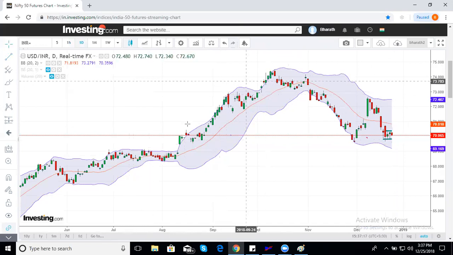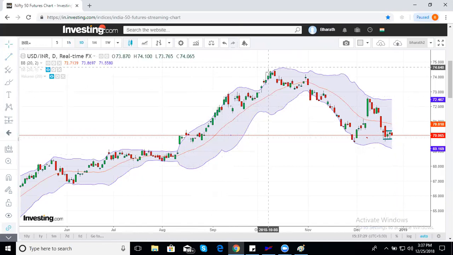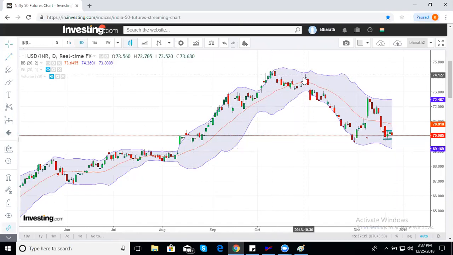Even on this, look at this. USDINR was coming to the middle band, taking support, going outside the upper band, buyers are strong, comes back to the middle band, goes out, again goes out, strong, prices closing outside the band, comes back. This time, the buyers did not have the strength to close outside the upper band. This called for a top on USDINR. From there, market collapsed.